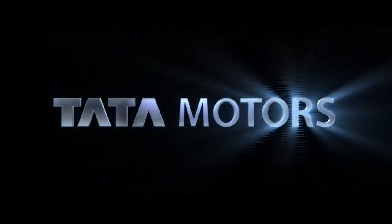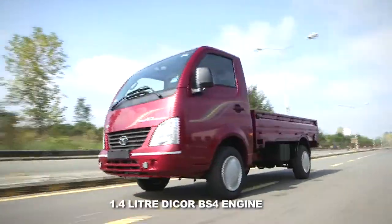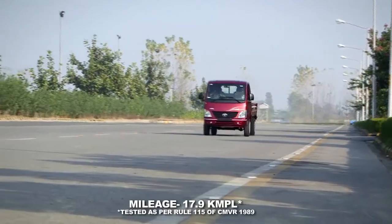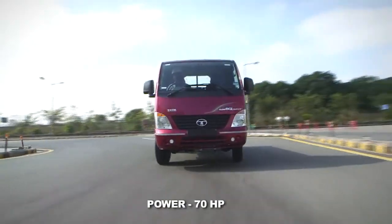Tata Motors presents the next level in small pickups. The Super Ace Mint. Pickup ki power, kamal ki mileage. Powered by a 1.4-litre Dicor BS4 engine. The Super Ace Mint gives a mileage of 17.9 kilometers per litre at 70 HP power and a top speed